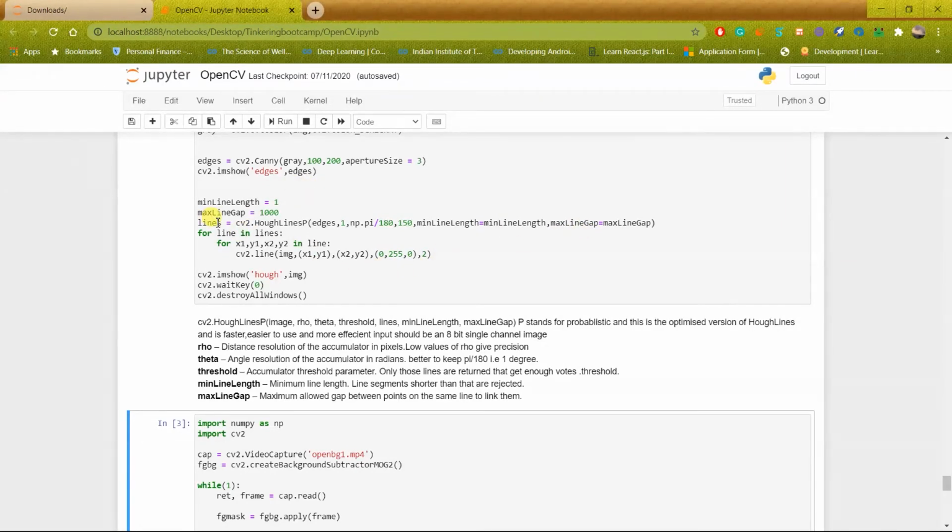Next, it gives us the output as a list, like every other contour function. I iterate over the lines, extract the parameters from each line and draw the line. It gives us the x and y coordinates of the start point and the x and y coordinates of the end point of the detected line.